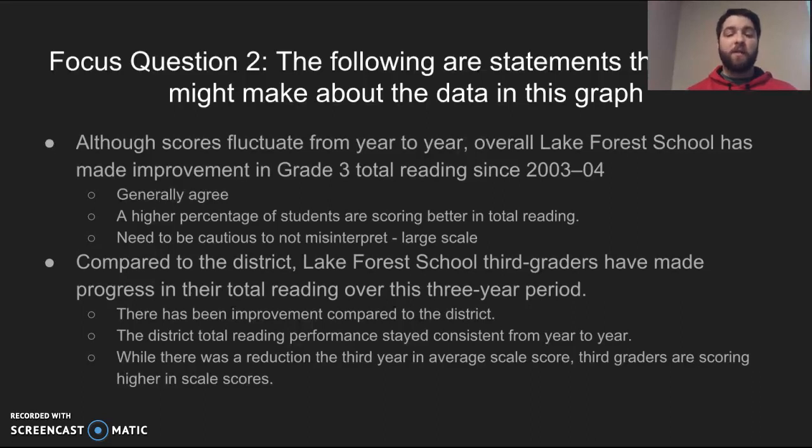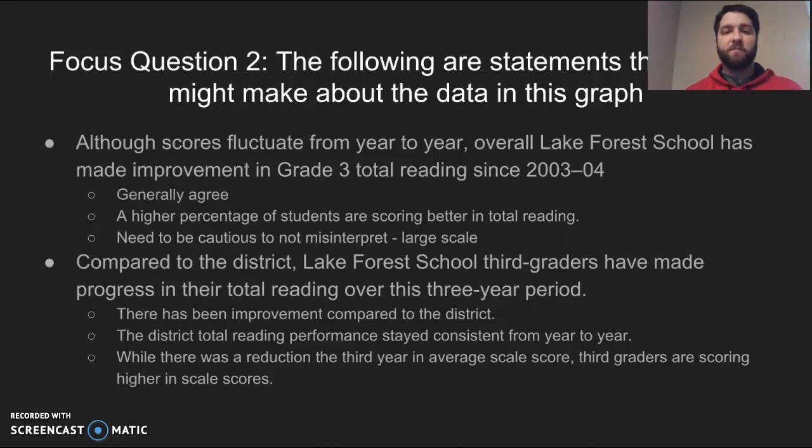We need to be cautious though and make sure it's not misinterpreted, because this is a large scale assessment. This is the largest snapshot of data that you're going to take. There are a lot of smaller subtests that could be run, or formative assessments, to really guide your instruction. So this test should not be used to make any kind of instructional decision.